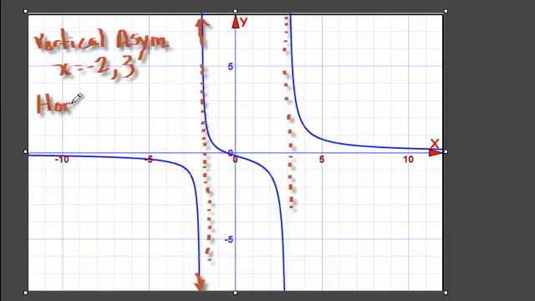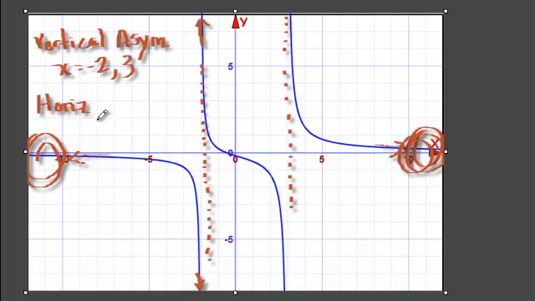Horizontal asymptotes are basically describing what's happening in the end behavior of the function. That's out in this region, right out in here and right out in here. If you look, this function is headed to y equals 0. So the horizontal asymptote on this one would be at y equal to 0. So it's basically what's happening at the end of the function, the far left-hand side or the far right-hand side. We say what's happening when f of x, right here, what is happening to this f of x,